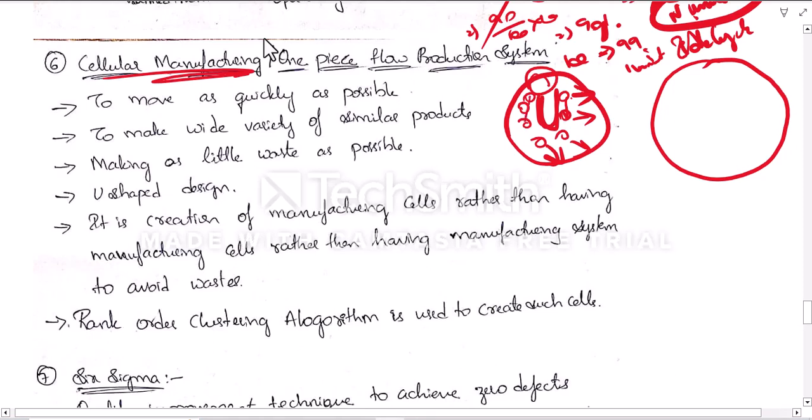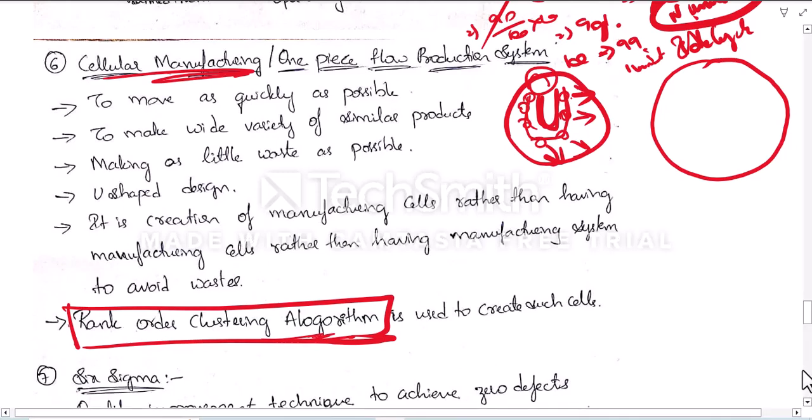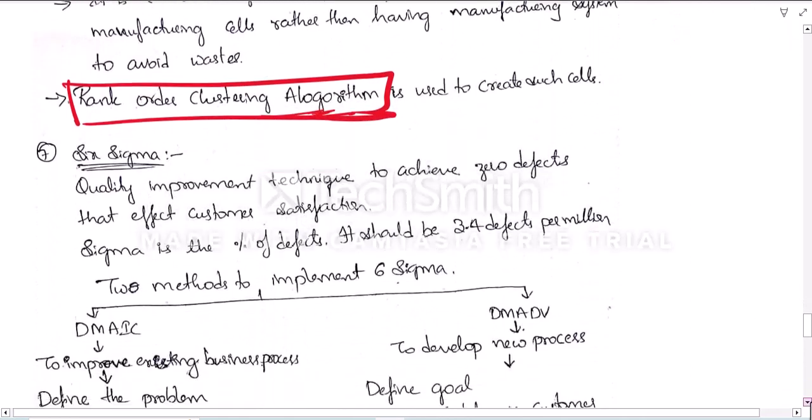So how to arrange this will be the main criterion. This is the rank order clustering algorithm. Using this, we will create a cell and arrange that cell. We will get to know how to create such a cell in the question. It is more of a practical question than a theory one, so it is good to explain it there itself. So I have avoided the theory content of the rank order clustering algorithm.